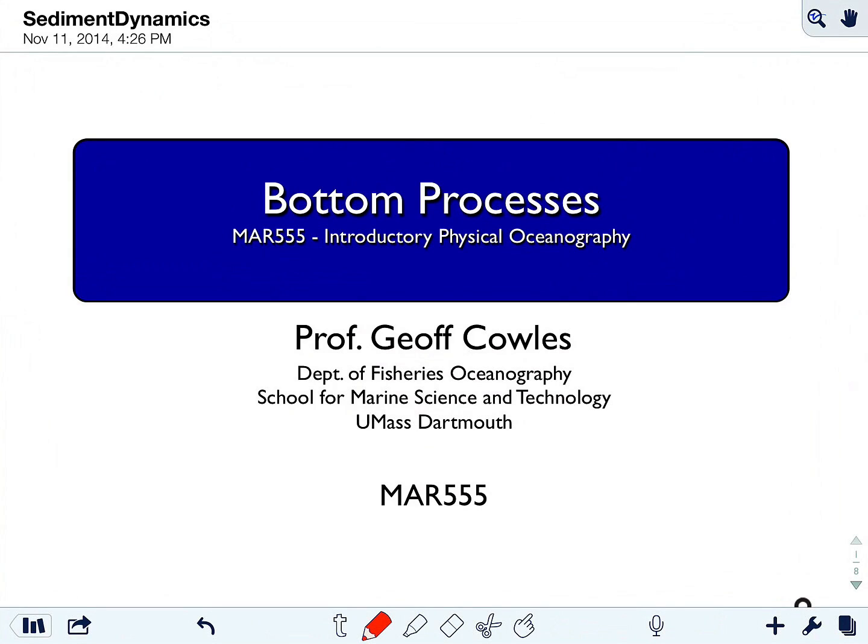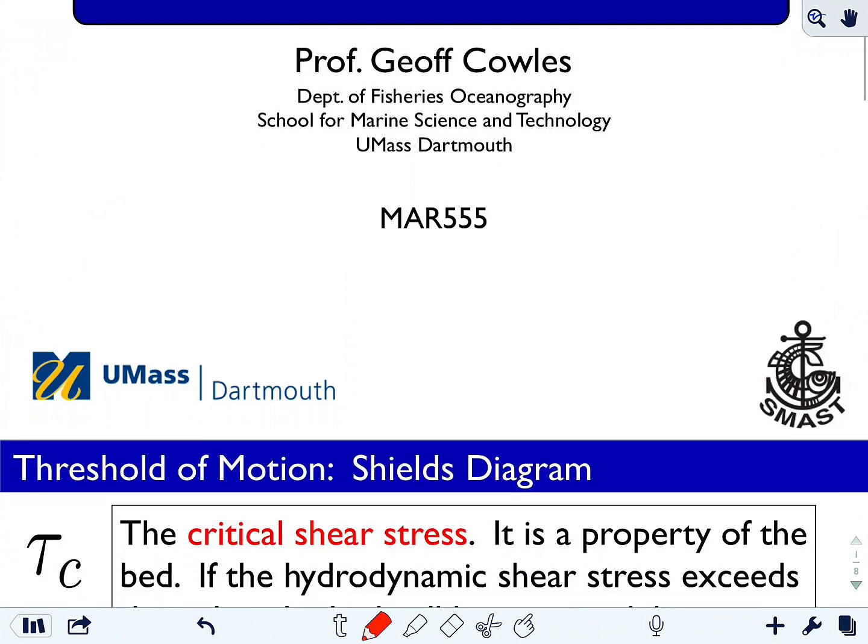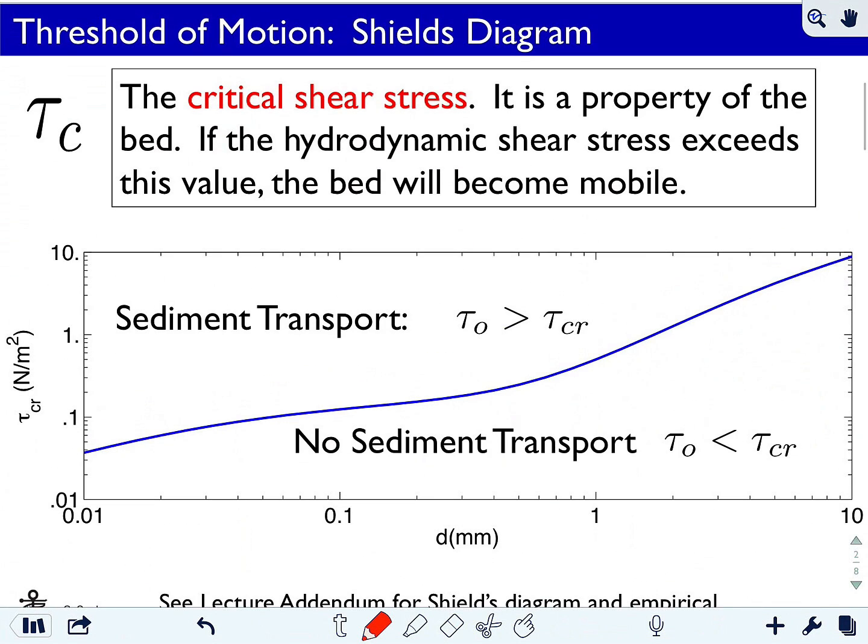This last in a series of three short lectures on bottom processes focuses on the transport of sediment that occurs due to the hydrodynamic forcing. Probably the most important idea about transport is whether or not there is transport, which depends on the relationship between the stress on the